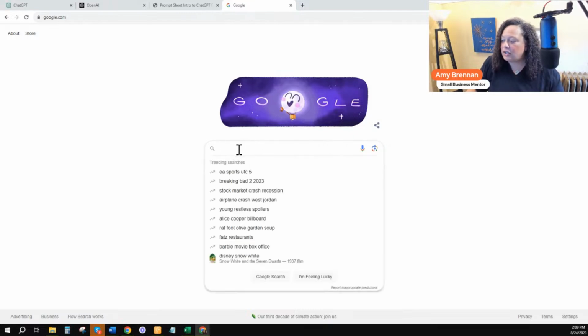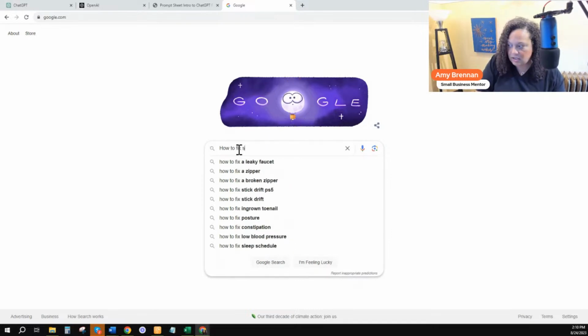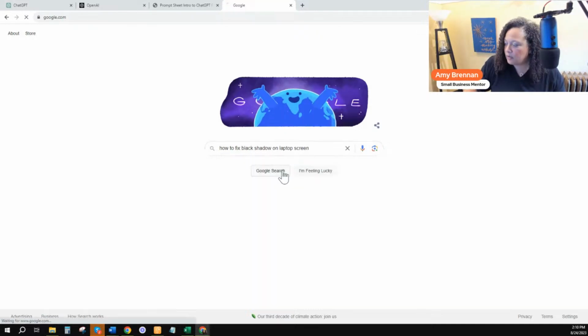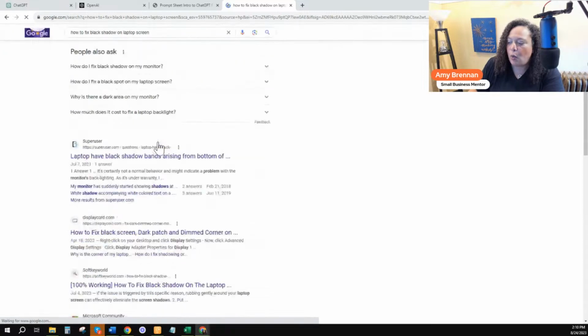But let's say we search for how to solve a technical issue. Let's say, for example, I had this conversation with someone recently. They had like a shadow on their laptop screen, right? So how to fix shadow on laptop screen. Look at that. All right. So it does give us this little thing up here at the top that might be a solution. But overall, what it really does